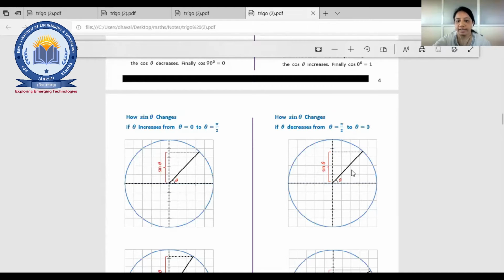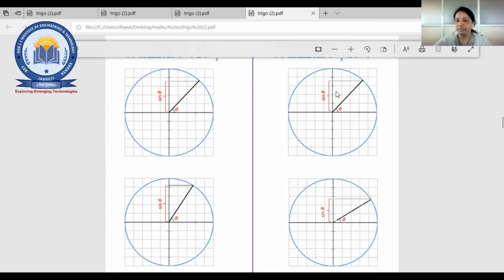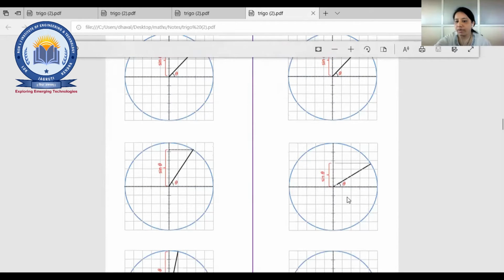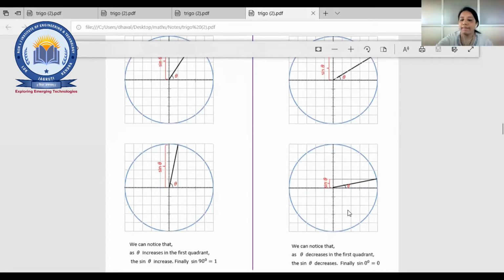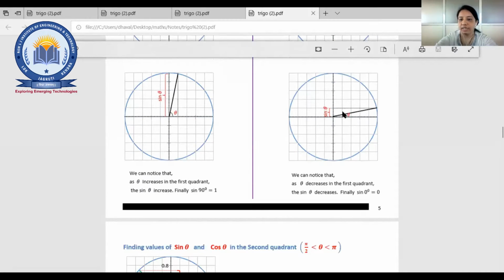Okay, the value of sine, the reverse case of the previous one, right? So we can say that it will be clear from the figure, right? See, the theta is here. Now again theta is decreasing. So sine theta is also decreasing. Now what happened here? Again, theta will be decreased, sine theta value. So sine 0 equal to 0, right? Sine 0 equal to 0. Yeah, okay, right. Many students have written in the chat also, it will be decreasing, right?